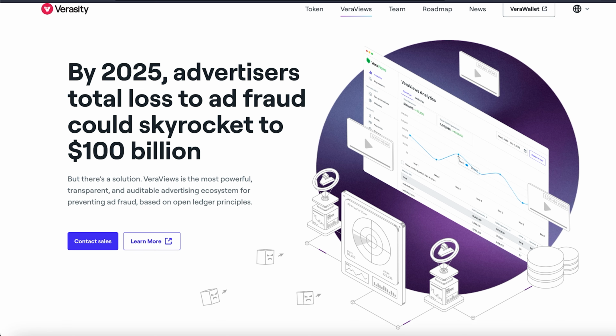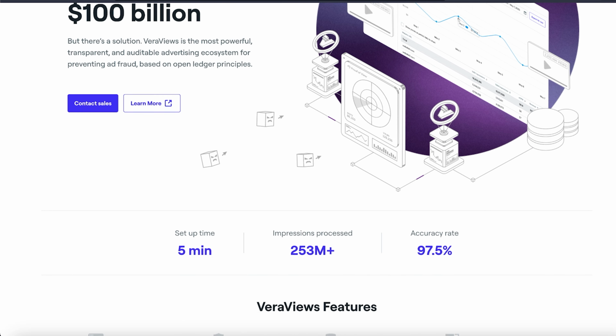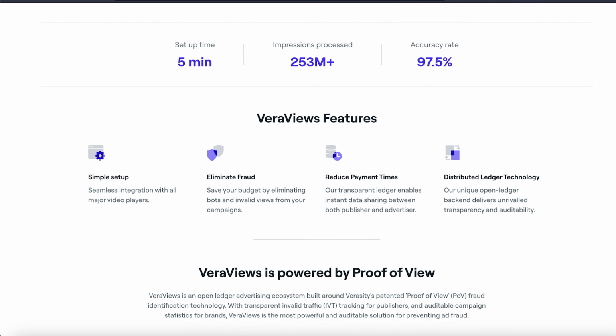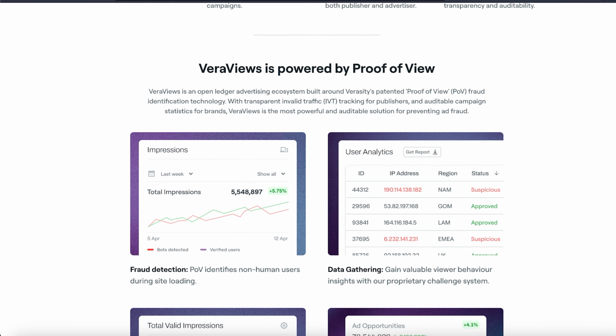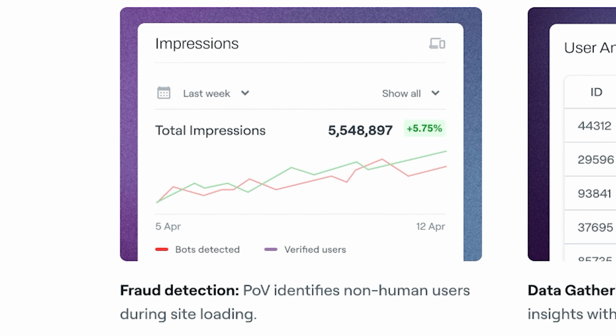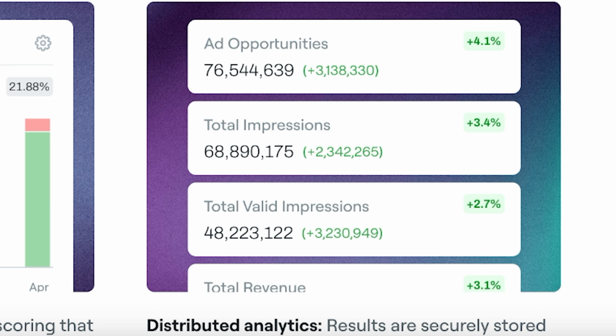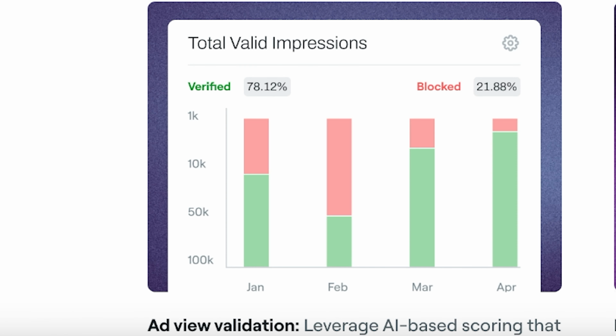So Verasity wants to make sure that the companies which pay for advertising their product are actually paying for what they get. Because right now there are lots of bots, okay? And not only on Twitter, because you can buy views, you can buy likes, you can buy anything you want. You can buy, obviously, followers, retweets, everything. And it is a very important part of social media and monetization to make sure that what you are paying for as a company is actually what you get.